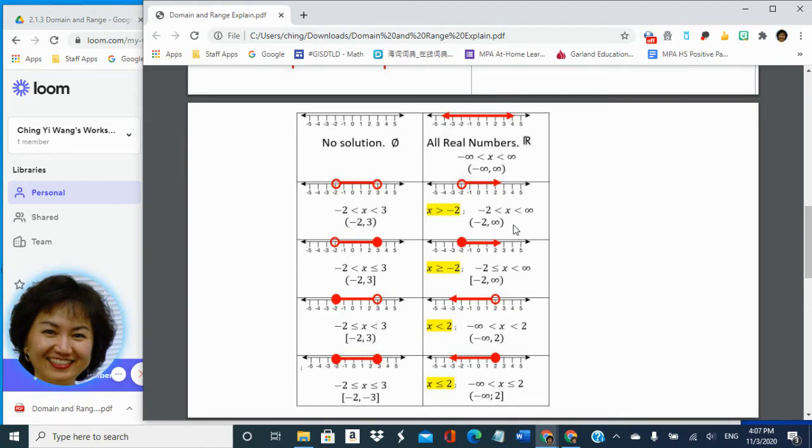And if there is infinity involved, like one side is bounded, but the other side is open to infinity, these are the expressions here. Remember, if there is infinity involved, you have two different ways to express your domain or range. These are the examples to tell you how to say it. You can always refer to this table to know how to write it correctly. So this is a very useful table for you for reference.